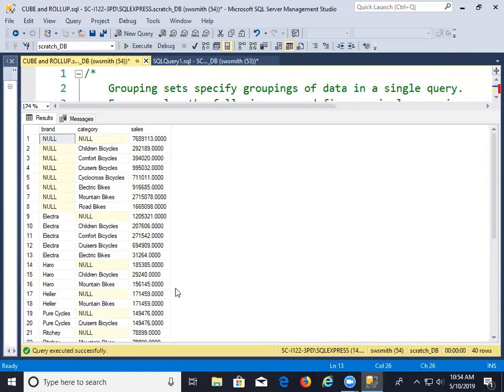It's a different format of the report. Now, the thing of it is that with Cube, Cube tends to take the two that you have and generate every possible combination of them. So we have null, children's bicycles, Electra, null, Haro, null, and we have fewer at first, but as we add,